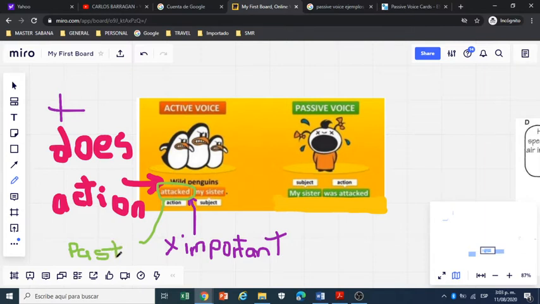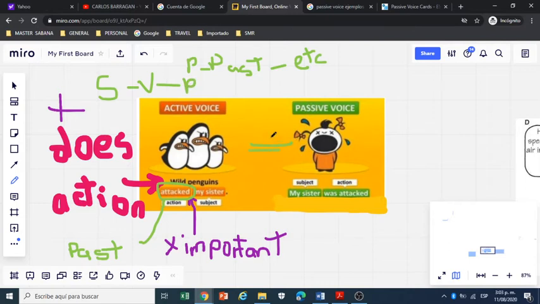The active voice could be in present, could be in past, could be in future, etc. Okay, different tenses. What is the structure of active voice? The structure of any active voice is subject, verb, and predicate. Okay,